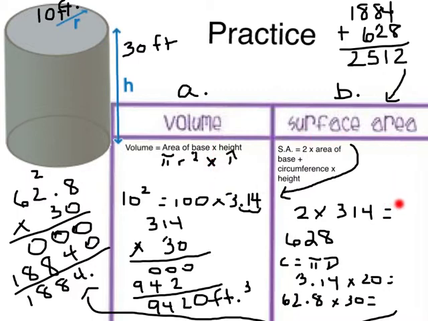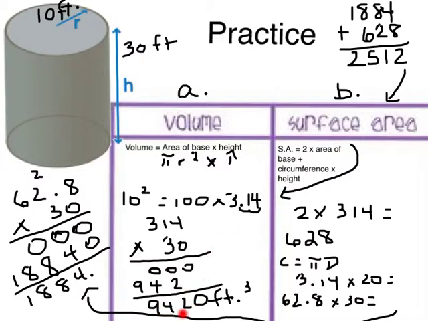Well, for volume, it's area of the base times the height. Well, if the radius is 10, we would say 10 times 10, which is 100, times pi, which would be 314, because I just moved that decimal, times the height of 30 feet